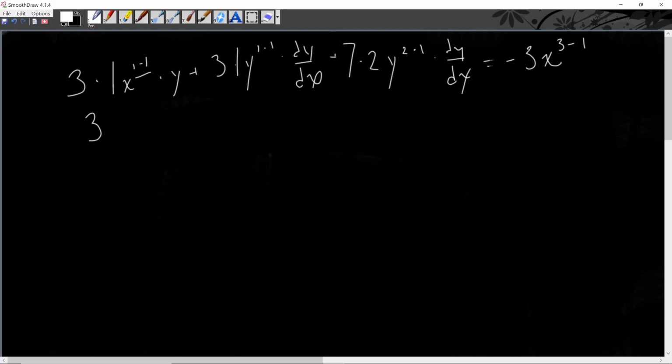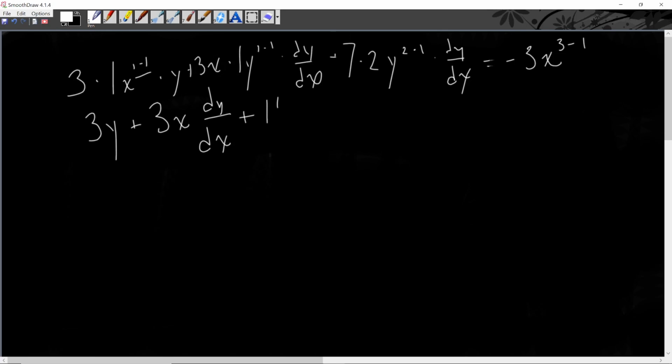Now, let's evaluate this. Anything to the power of 0 is going to be 1. So we have 3 times 1 times y, which is 3y, plus, same thing, anything to the power of 0 is 1, so we will have 3 times 1 times, oh, almost forgot. There is a 3x there as well. It'll be 3x times y to the 1 minus 1. So there will be 3x dy dx